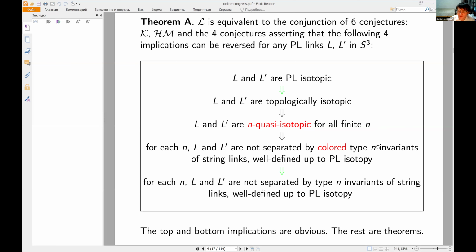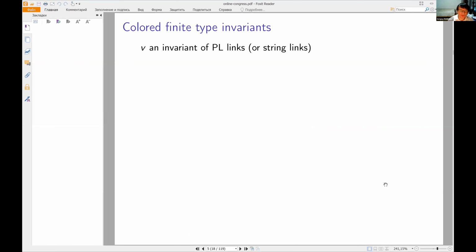It sounds a bit complicated, but let me tell you the definitions, and then there will be a simpler version of this theorem which doesn't mention string links. Actually, if you do rational finite type invariants, then you don't have to deal with string links. So I have to define colored finite type invariant. This is something which was defined by Kirk and Livingston in their 1998 paper, but they didn't use the word